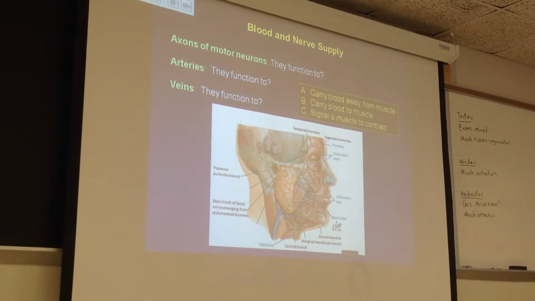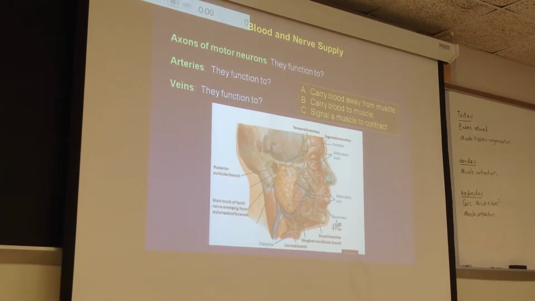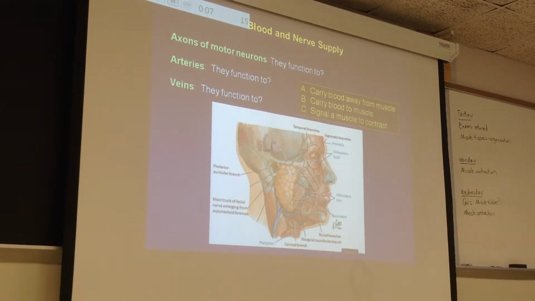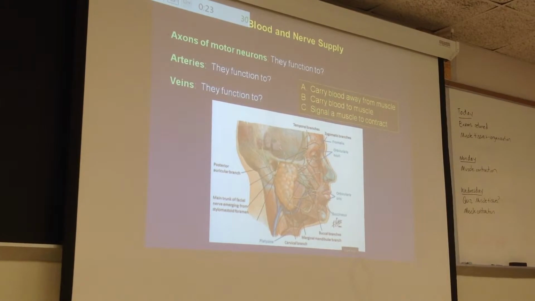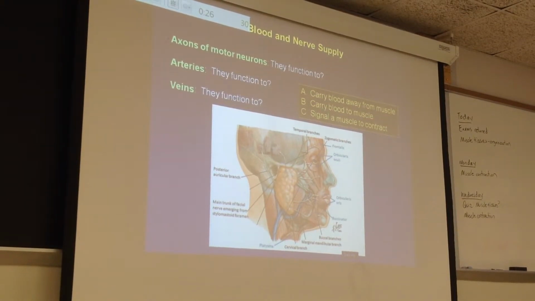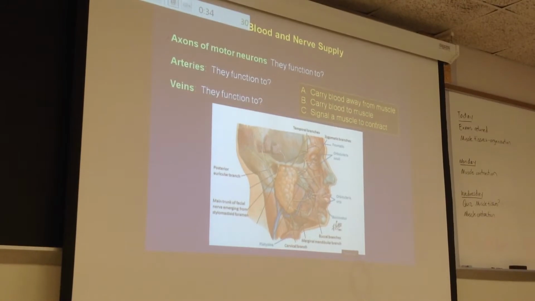Arteries versus veins. Which one does what? Okay, let's review on this one right quick here. And again, we've got a clicker question. Let's do arteries first. Arteries function to... just two choices left here. Do they carry blood to the muscle, or do they carry blood away from the muscle? I don't expect everybody to get this because we haven't talked about blood vessels yet, but this is a good way of understanding how muscles work. We're eventually going to talk about exercise and energy supply to muscles and fast twitch and slow twitch fibers and why marathon runners look different from